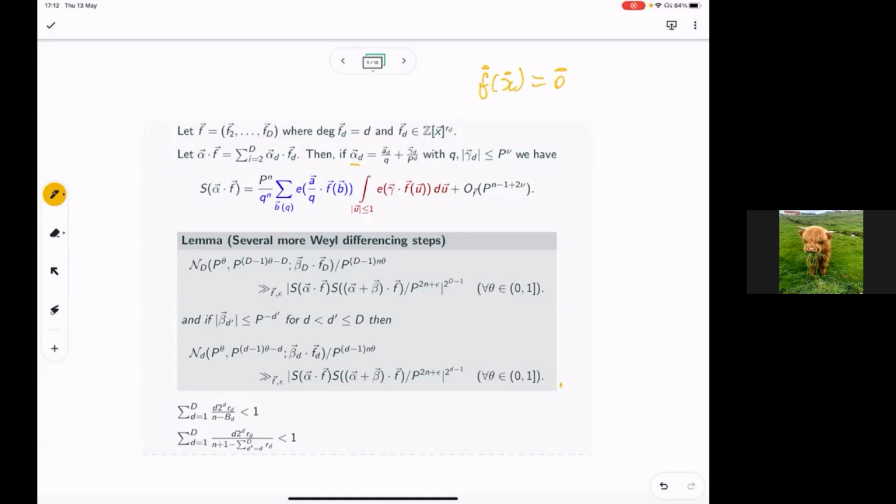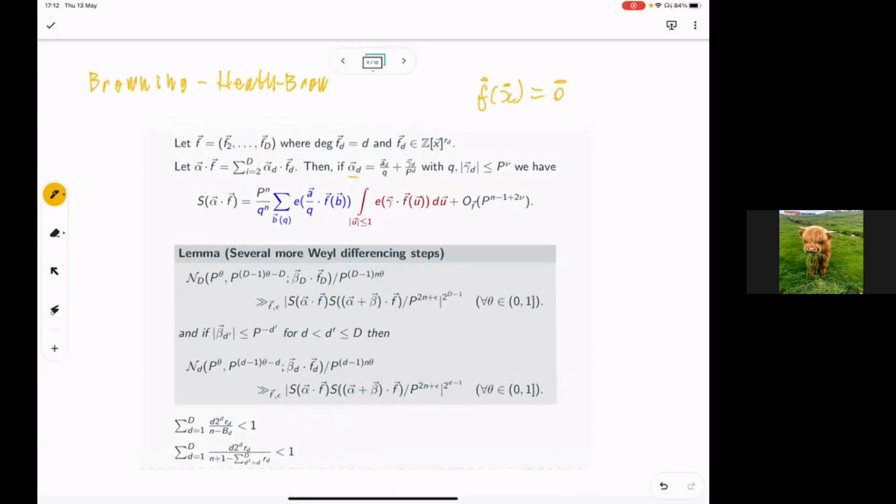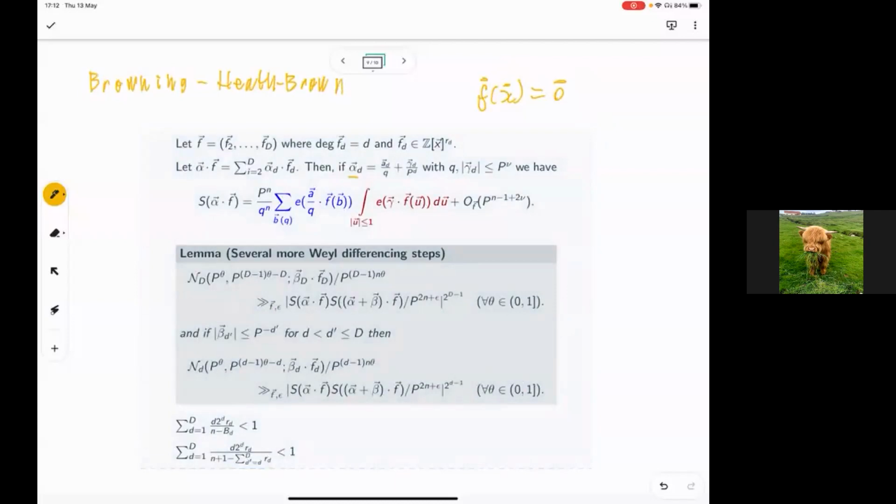And so what one needs is a version of this modified repulsion that works in different degrees. So the proof of this is very much inspired by the work of Browning and Heath Brown, who, so this is from